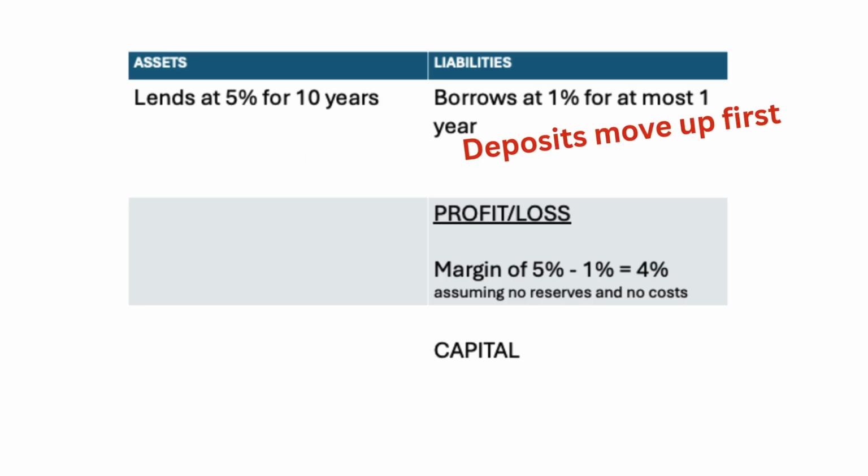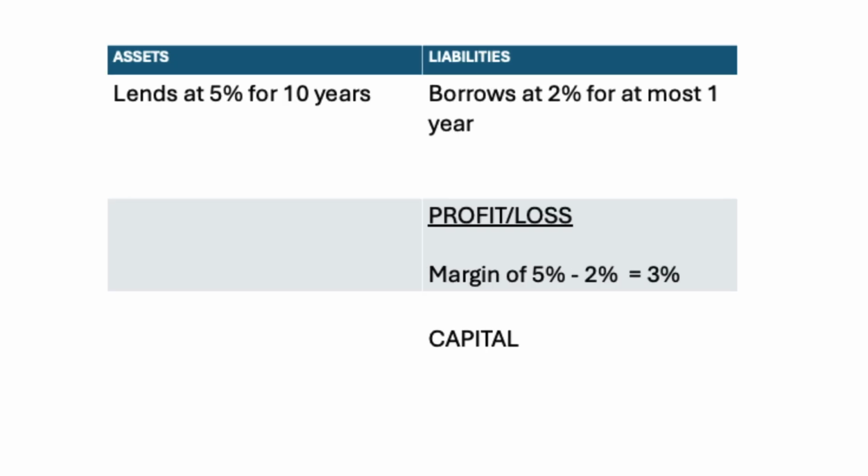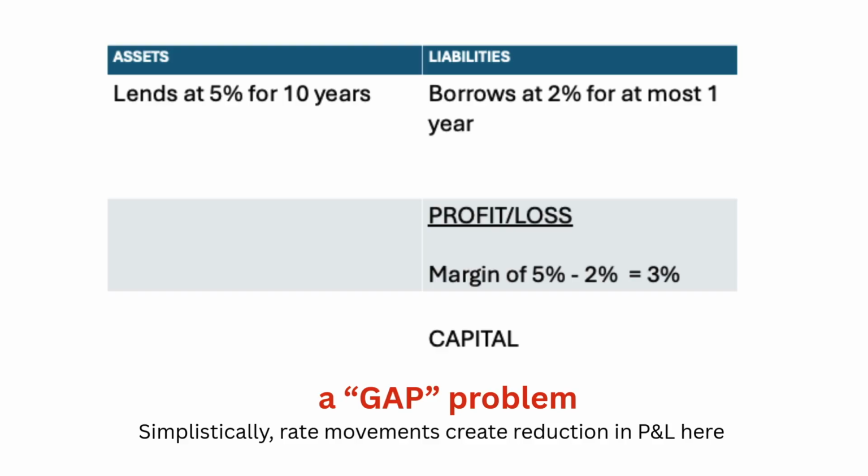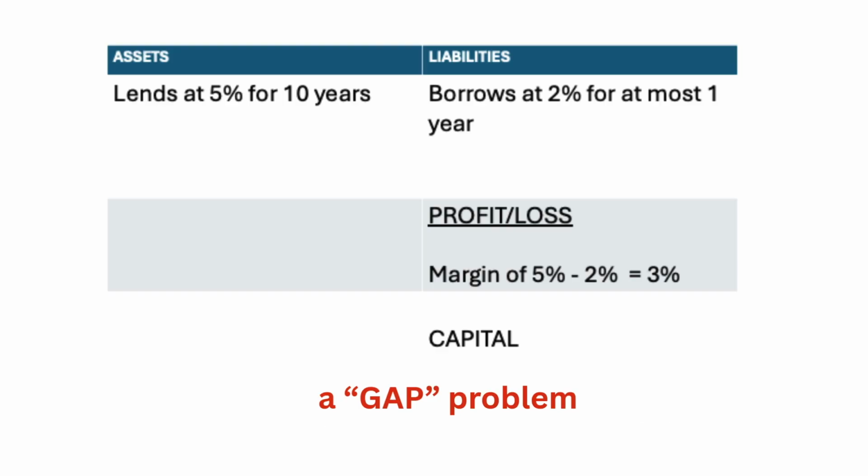But in real life, the liabilities are the ones that get repriced first. So borrowing costs start moving up while the lending rates only get repriced at later dates, if ever, which means for current P&L, there is a deterioration in the margin. For example, borrowing rates might move up to 2%, but asset rates don't move up until after repricing. So for the meantime, the margin is just 3%. So this is also a gap problem, where previously the gap was in the timing of cash flows or tenor. Here it means a gap in interest rates. So this is what it would look like in terms of the simple financial statements.